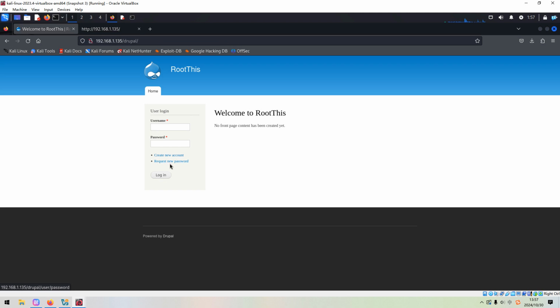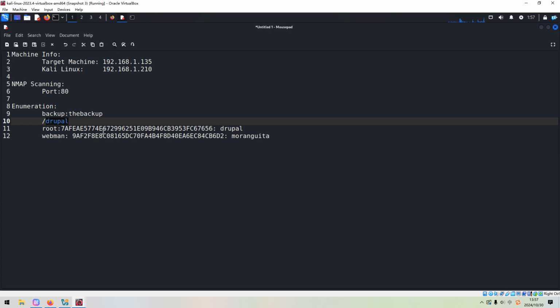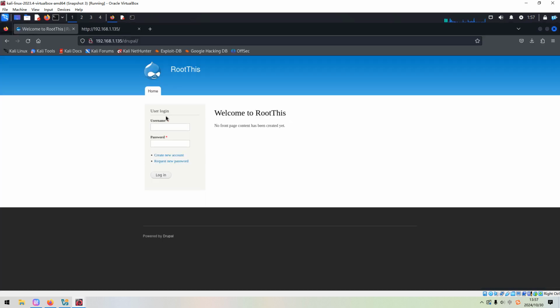So next we need to try to log in with the credentials we just got, okay? And we can use the root username and password Drupal root.